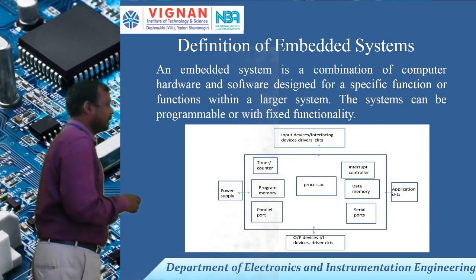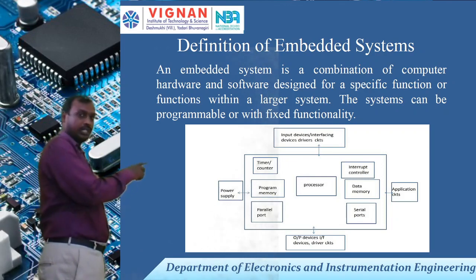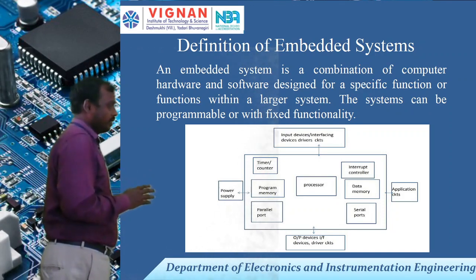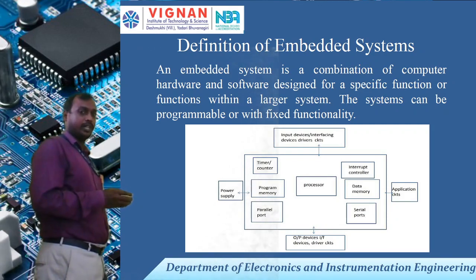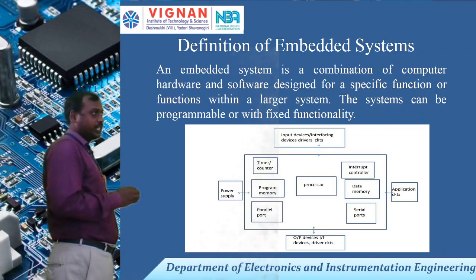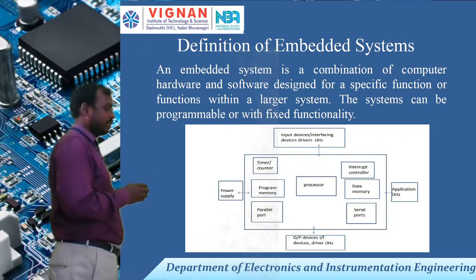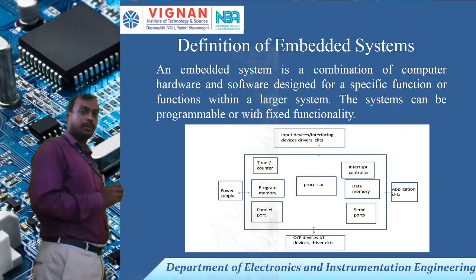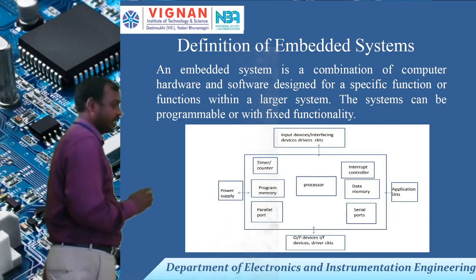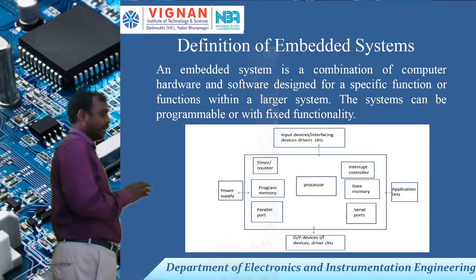Why do we choose microcontrollers in embedded systems? Choosing a microprocessor means it requires additional memory devices and peripheral devices. So when designing the application, the cost will increase, and the PCB size will also increase. Coming to microcontrollers, depending on the application we can select a particular microcontroller. It has a certain amount of RAM, ROM, peripheral devices, IO devices, timers, and counters.